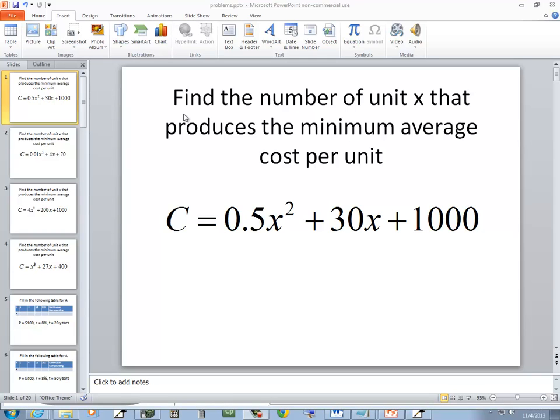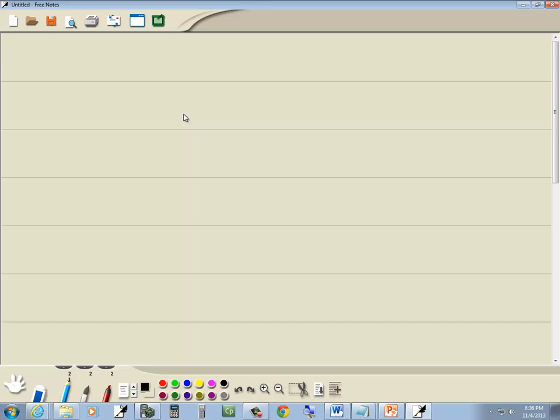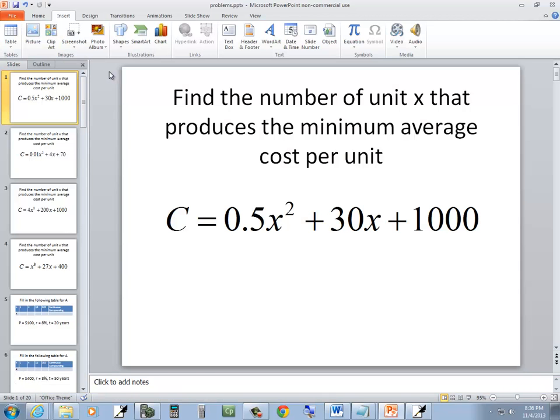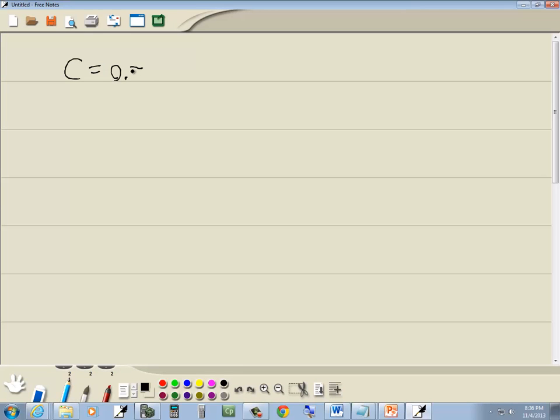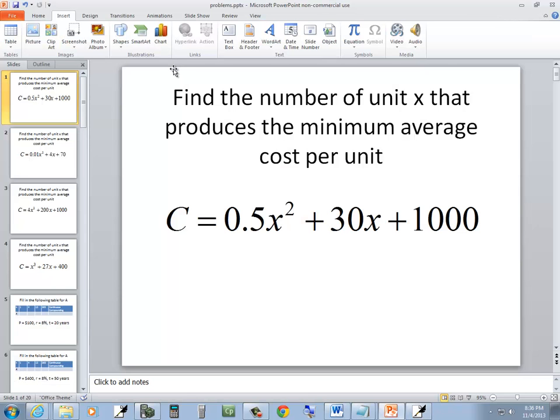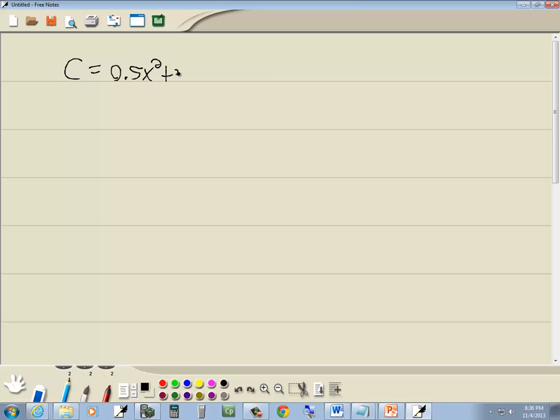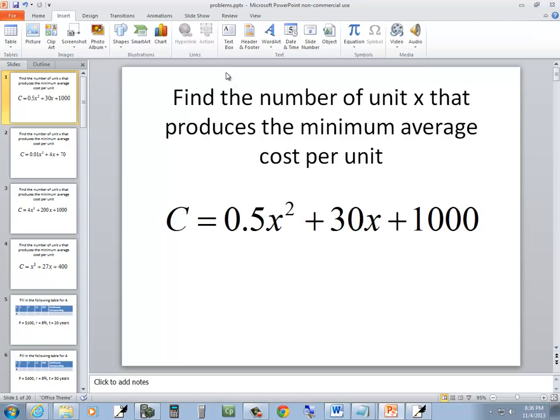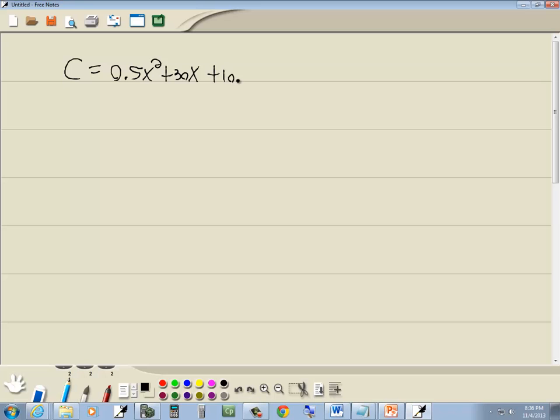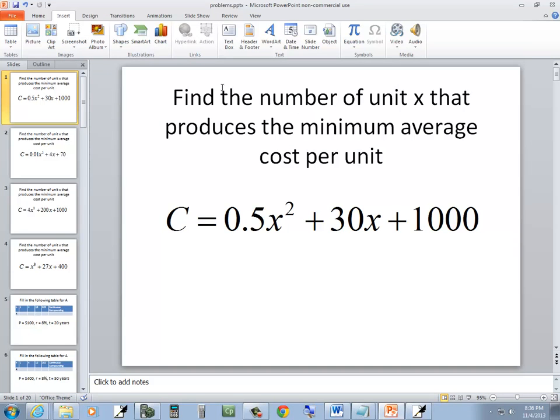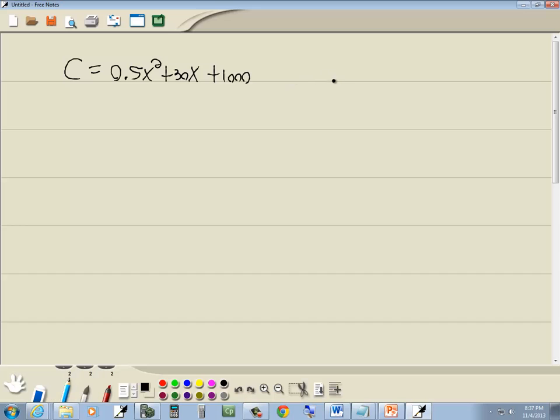Let's take a look at this problem. We've got our cost function equal to 0.5x squared plus 30x plus 1000. And the instructions say find a number of units x that produces a minimum average cost per unit. Now our average cost per unit